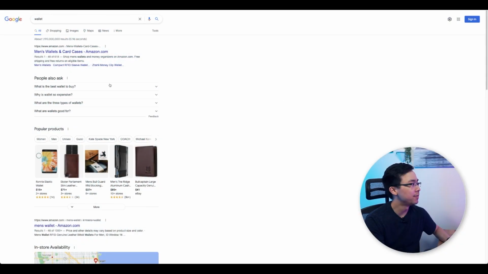This example has largely been driven by buying intent keyword research, but you can use the same approach for questions as well. So informational content is really easy to create for as well. All you need to do often is just search the key phrase that you're looking for. So for example, wallet, and then you can actually look through things like the people also ask section in Google. So for example, I can just go ahead and pull up an incognito window, and then I'll search for wallet, and then I'll show you what that section looks like.